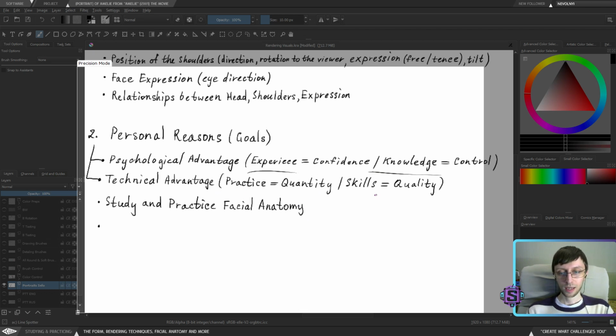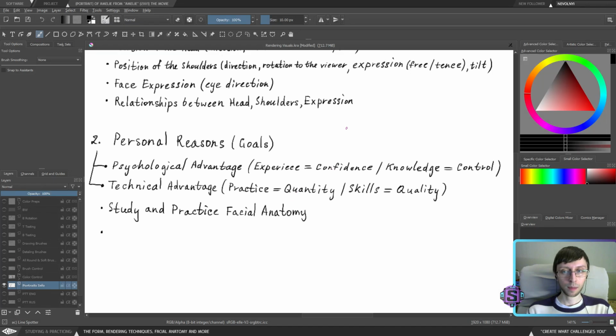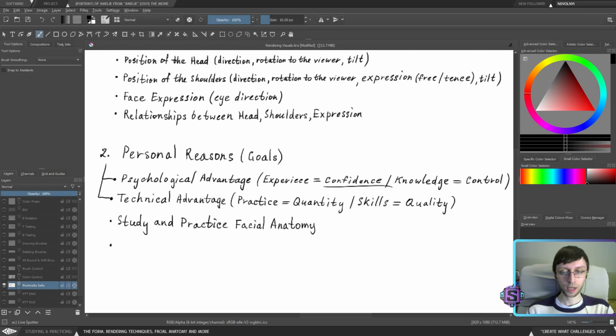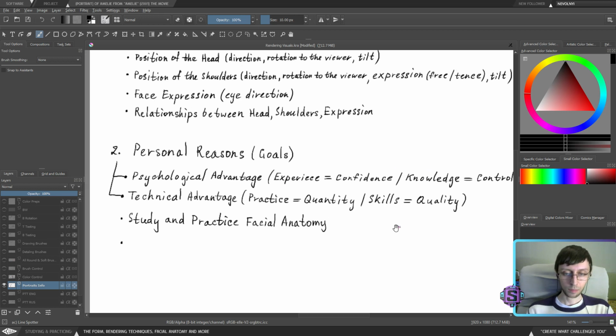But this works on a personal level. Personally, I'm not feeling confident, for instance. I don't have confidence in my skills, and because of that, I need to understand how to connect knowledge with practice in order to achieve better quality. So all these things are connected, and I connect them in my own way.